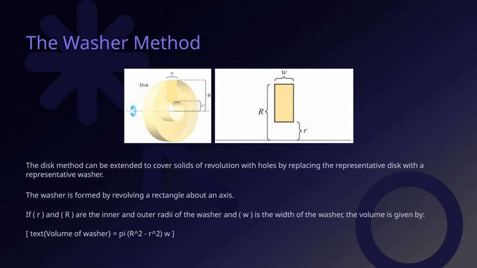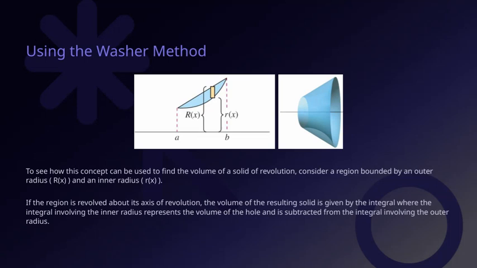This approach is very powerful because it allows us to find the volume of more intricate objects by replacing the simple disk with this washer shape. It's a key technique in the broader context of calculating volumes of revolution, especially when the shape isn't just a simple solid. When we revolve a region about its axis of revolution, the volume of the resulting solid can be